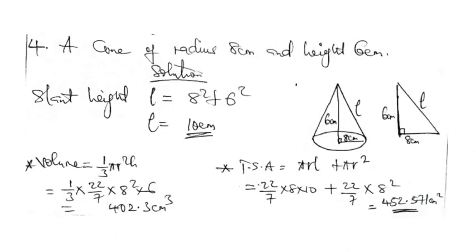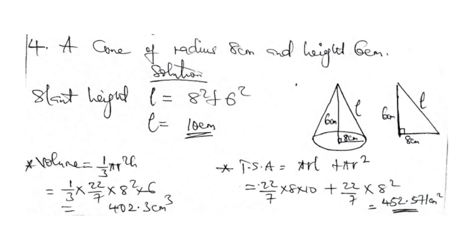A cone of radius 8 centimeters and height 6 centimeters. Solution: the slant height can be gotten by using Pythagoras theorem, that is the square root of 100 equals 10 centimeters. The TSA is pi rl plus pi r squared, which is 22 over 7 times 8 times 10 plus 22 over 7 times 8 squared. When simplified, will give us